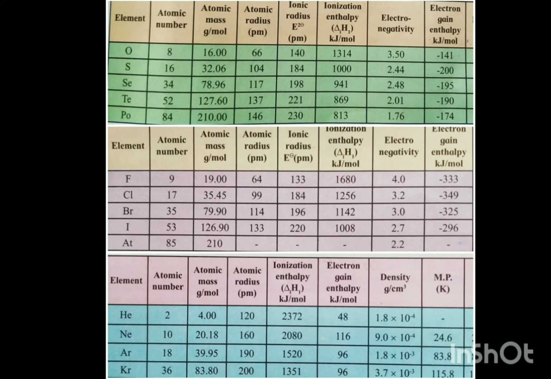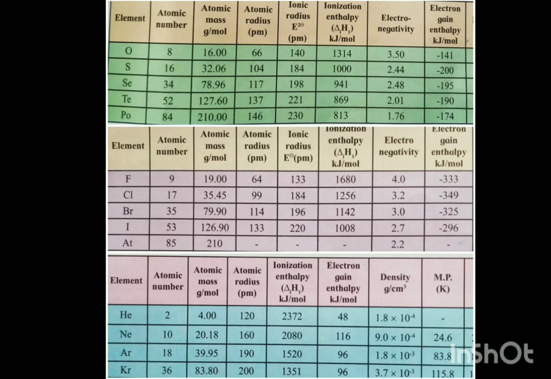Next are the atomic and physical properties of group 16, 17 and 18 elements. The first property is atomic and ionic radii. These properties are given in a table. First we have to know what is meant by atomic radius. Half of the internuclear distance between two adjacent atoms of a metal, or two single-bonded atoms of a non-metal, is called the atomic radius.